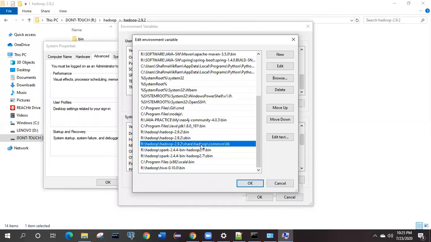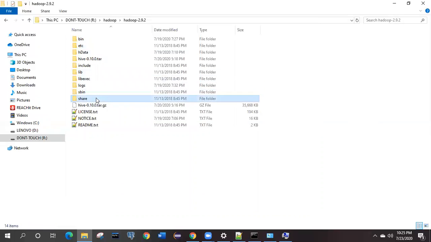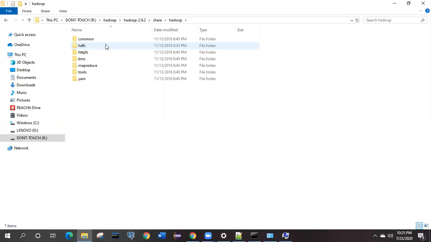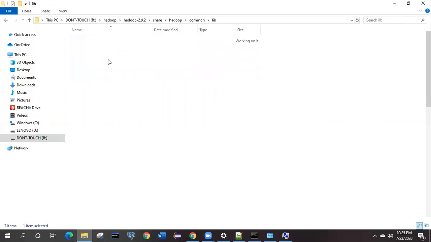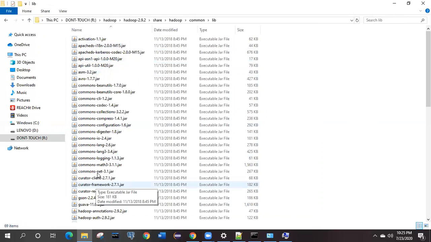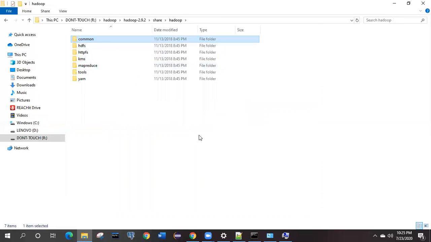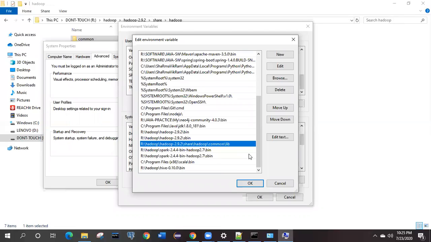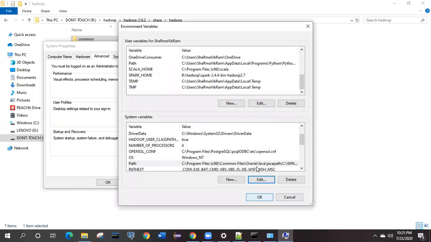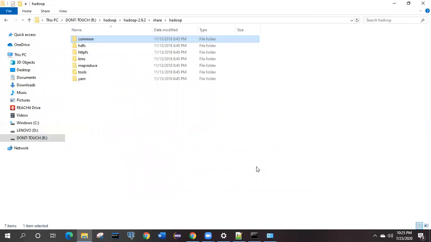Okay, this folder is still not required, and those were the locations present over here. In the commons, it has these many jars. These jars are the Hadoop related jars. Leave it. Once you are done with this environment variable setup, you simply click on OK, OK, and OK.